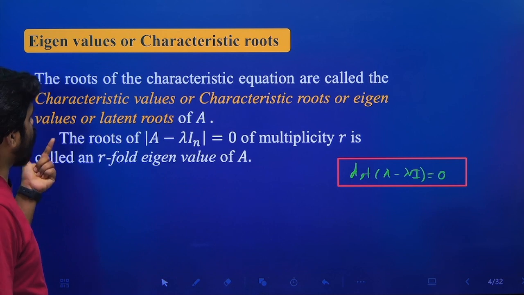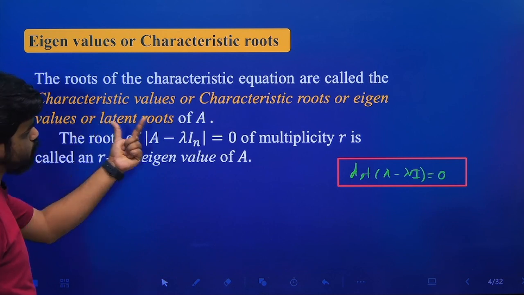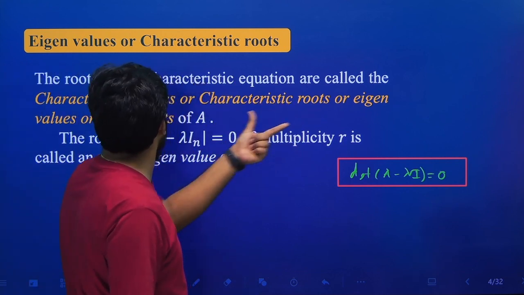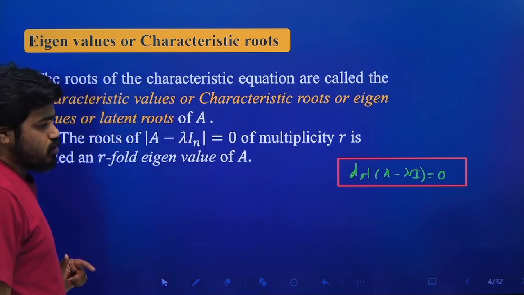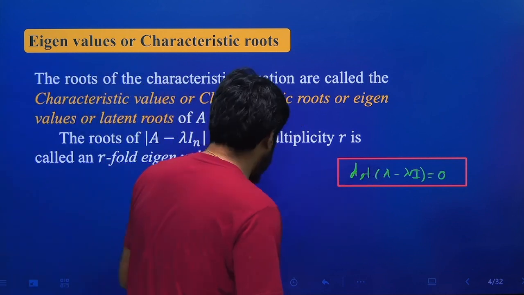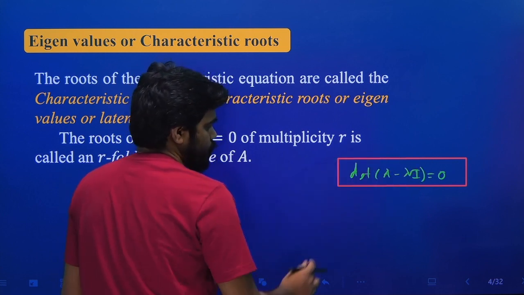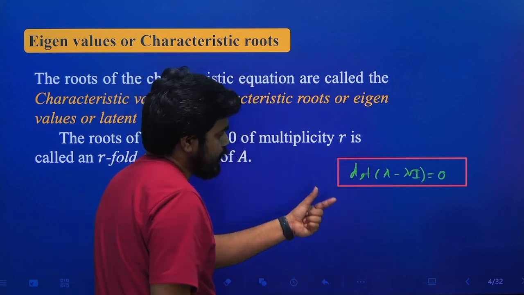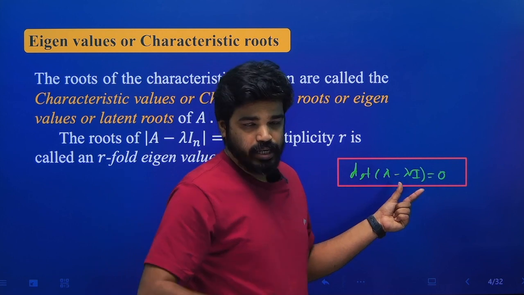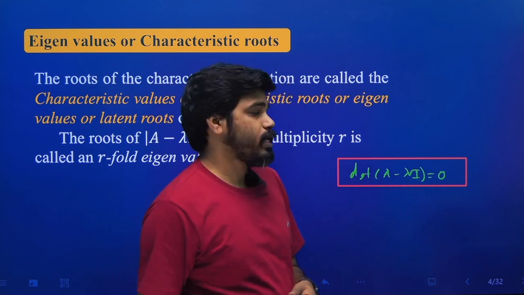Eigenvalues are also called characteristic values, characteristic roots or latent roots. Okay, so determinant of A minus lambda I equal to 0, from this we get the values of lambda. The values of lambda are called characteristic